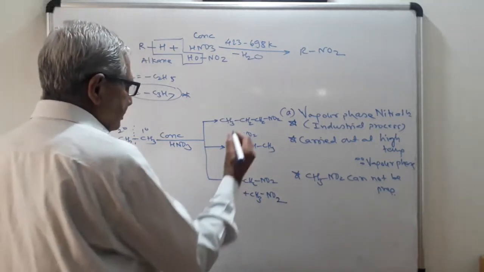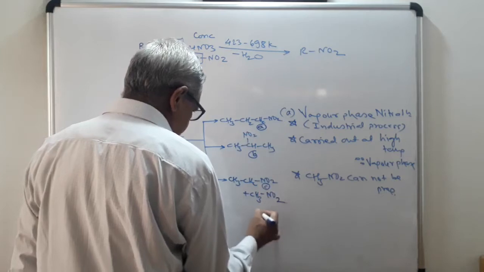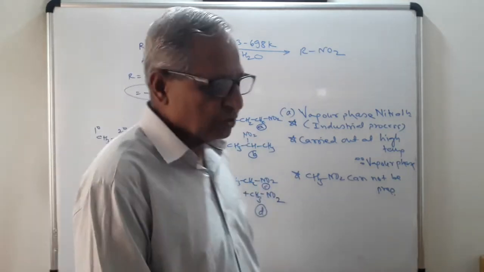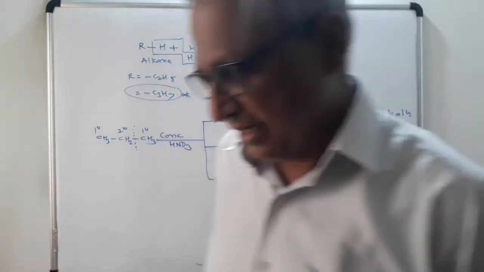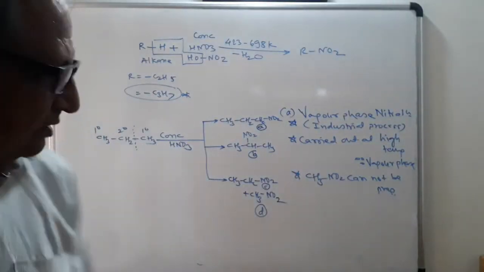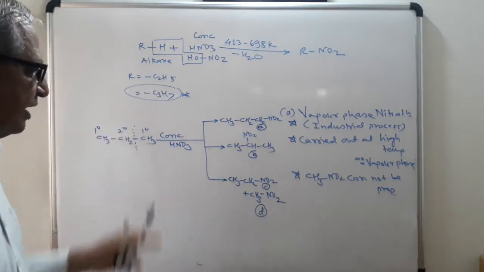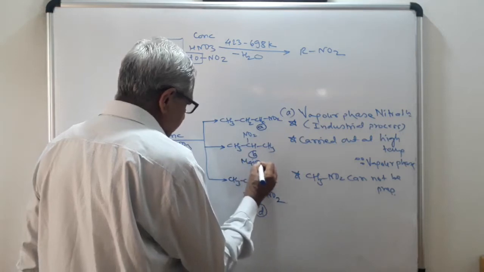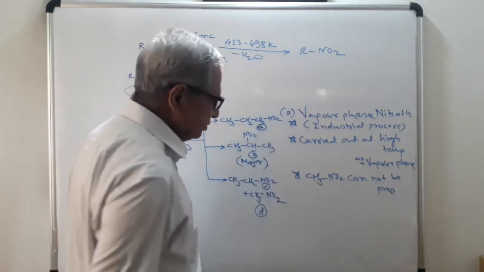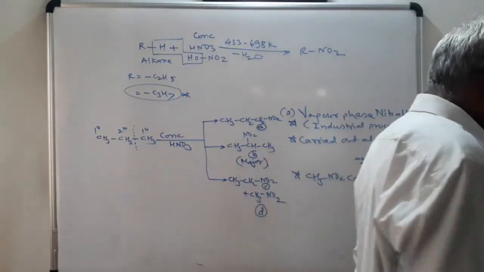And see here, I will set the question here. This is A, B, C and D. 4 options are here. So I will ask the one question here, which is the major product in this reaction. I said that the secondary carbon atom or secondary hydrogen atoms are more reactive, therefore this is your major product. So this is the drawback of this method. Polynitration can take place here, that is major product.